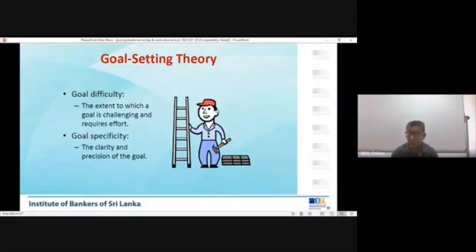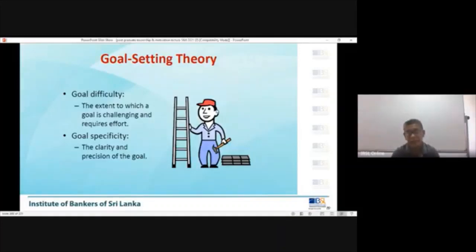So that is why the goal difficulty is a challenge. Goal specificity means clarity and precision of the goal. So the two things you need to concentrate on in goal setting theory are difficulty and specificity, right? And you need to clearly explain this is the target, and the target should also be a challenging one,